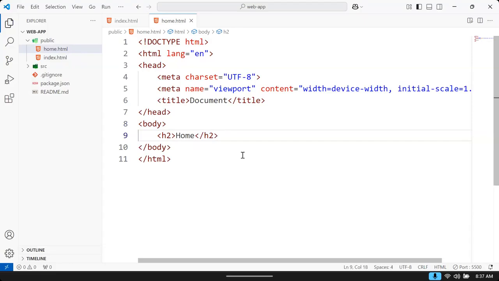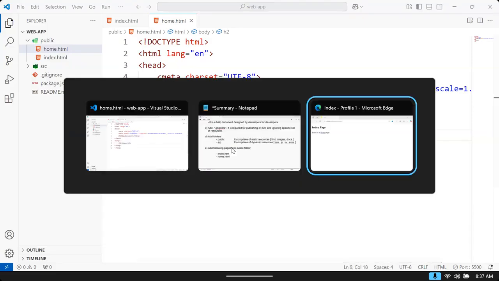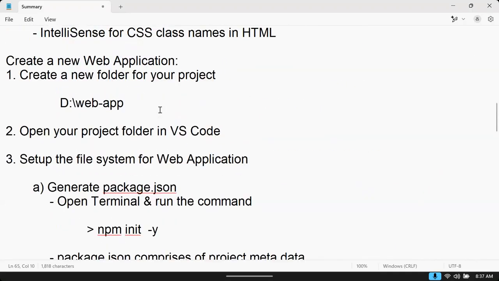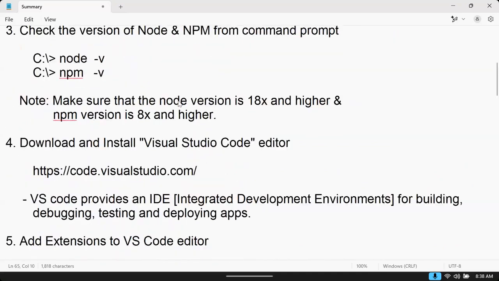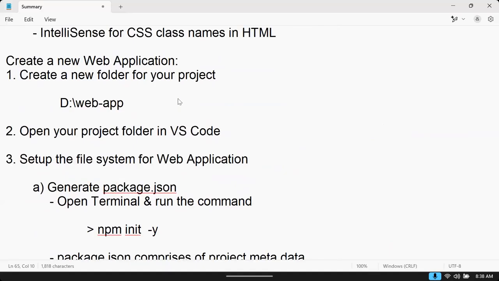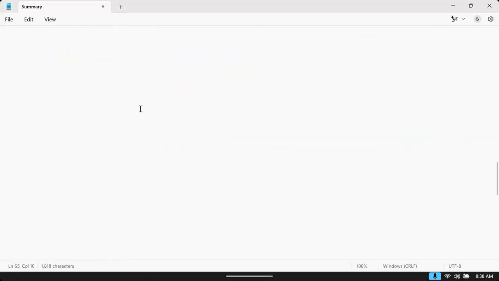How to use React in this page? There are so many techniques. Once you set up the project environment, I hope you are clear with this also, right? How to set up the environment and how to create the project. In the project, what files are required? What folders are required? Everything you have done. Now we are going to see how to set up React